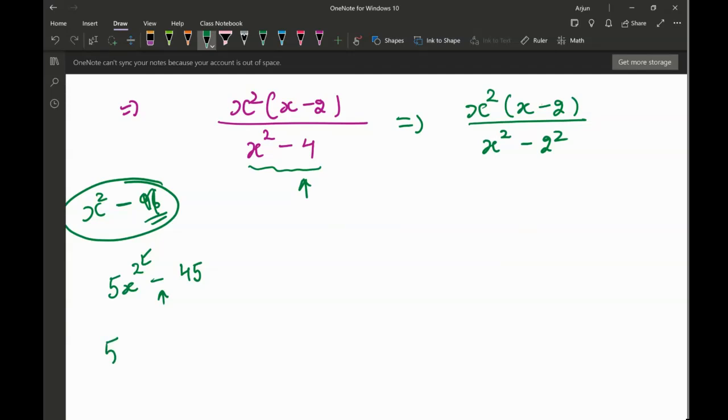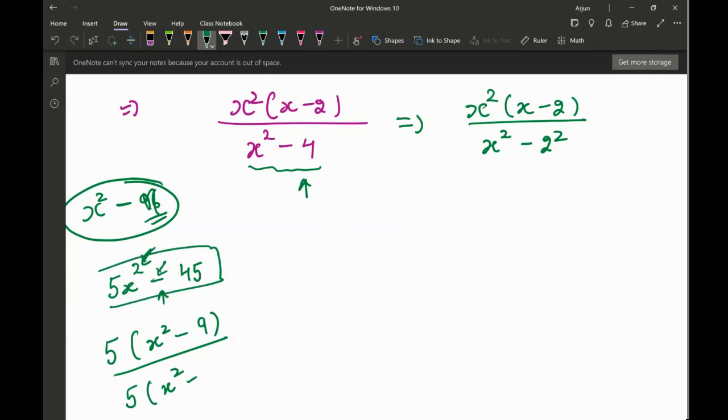How? First of all, you will take 5 common, x square minus 9, and then now you can convert it into difference of squares. So the idea is, as soon as you see a square and a negative with it, and there are only two terms, then you should always think of converting it into difference of squares. All right, so this is x square, and then x minus 2, and this will be x minus 2 and